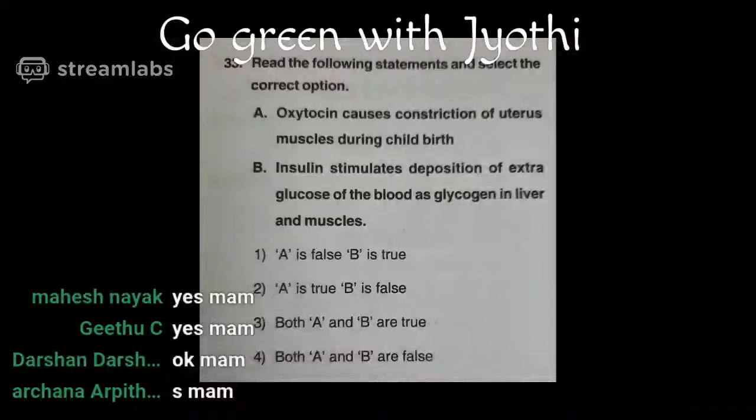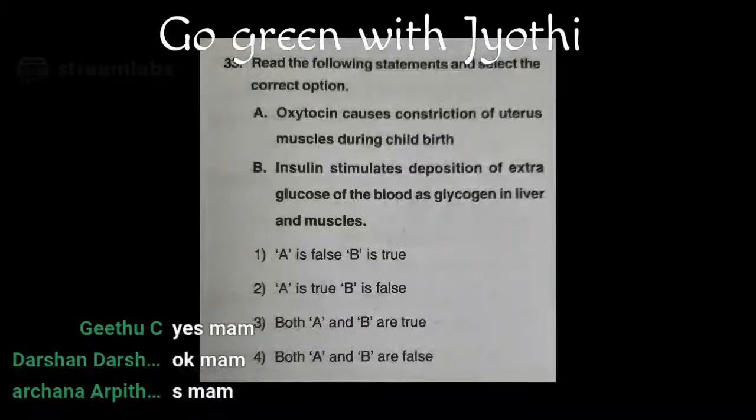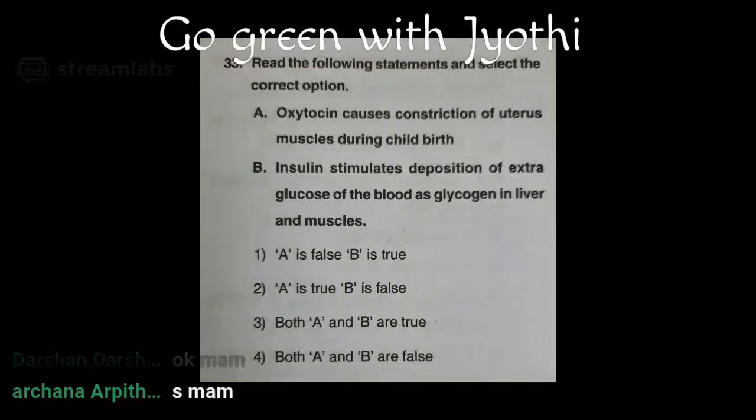Okay, this is the next test item. Read the following statement and select the correct option. The statement goes like this: A, oxytocin causes constriction of muscles during childbirth. Second option,